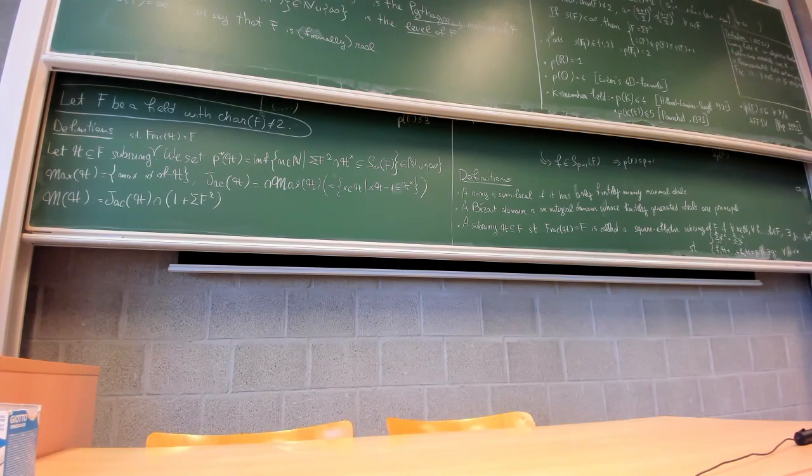So what you should get from this definition is that if F is the fraction field of such a subring, then I can take an arbitrary sum of squares and rewrite it in a better way. So I find a better representation of these squares. More specifically,